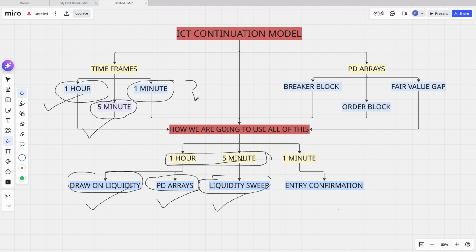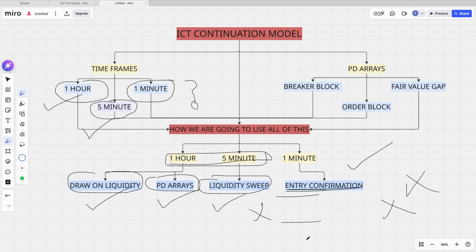No new bias is formed here, and no higher time frame decisions are altered. Once on the 1-minute time frame, the model waits for entry confirmation. The model does not enter immediately after the liquidity sweep. It waits for evidence that price is prepared to continue in the direction of the higher time frame draw on